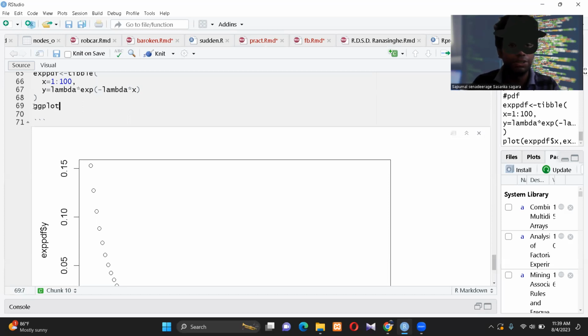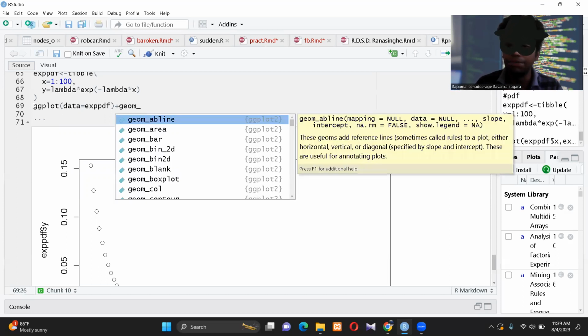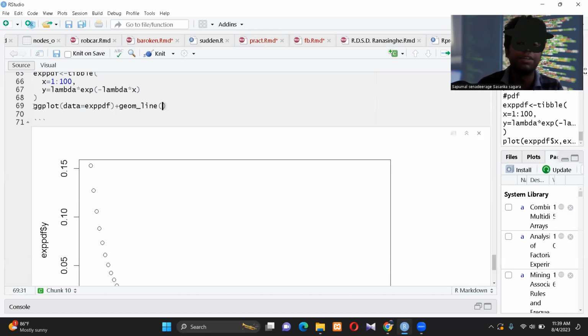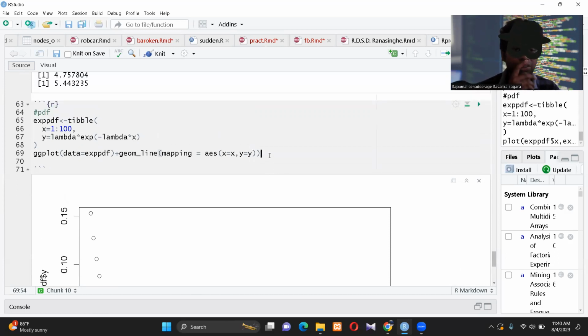Let me do it. ggplot, data equals xpdf. Oh, geo. What do we need? Geo line. I need geo line, right? Okay. Then mapping aesthetics: x equals x and y equals y. It's nothing else, right? Okay, now I'm going to plot it, and I want to add one more thing. What is it? It's nothing else. It's the mean, right? Mean of what? Mean of the random variable. Yeah. Let's add